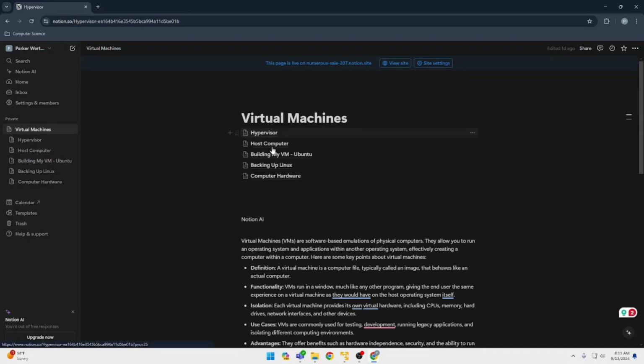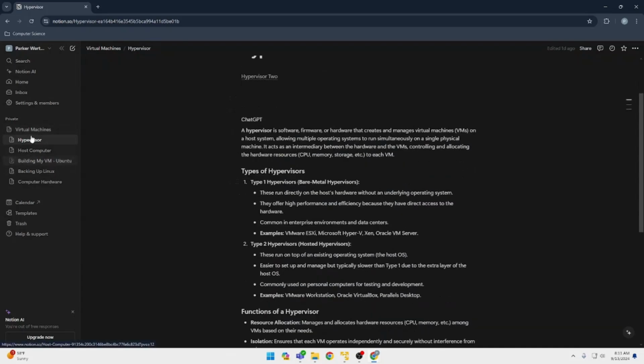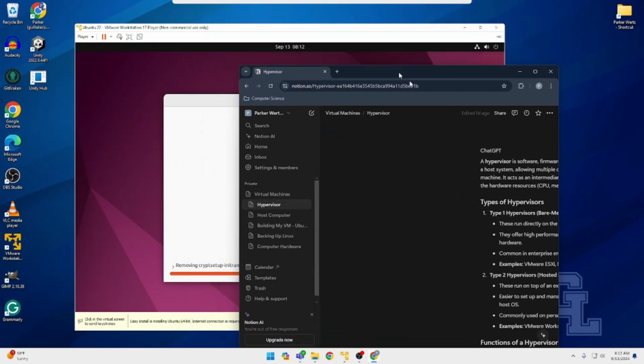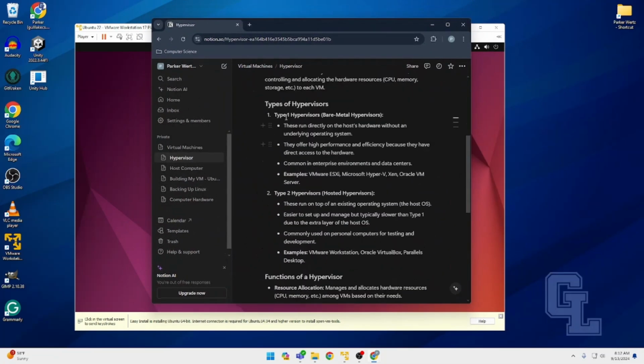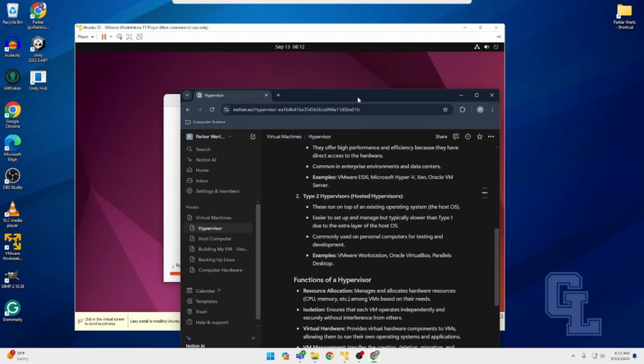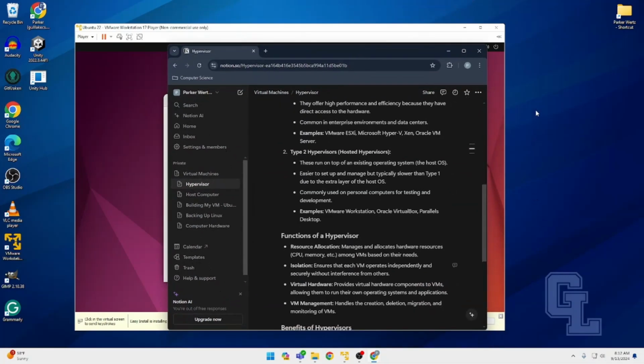So I'm going to use this link to go to my hypervisor's notes inside my virtual machines directory. And there's two types of hypervisors. Type 1 runs directly on the host hardware. So instead of opening Windows 11, you'd be opening your hypervisor. And the type 2 hypervisor, which is like VMware Workstation, loads like an application, like Google or something, right over whatever your host is,